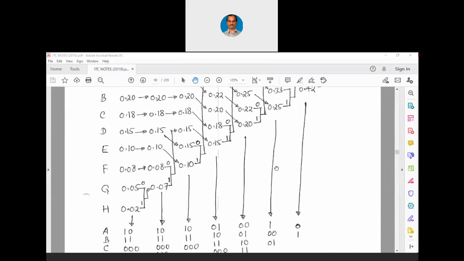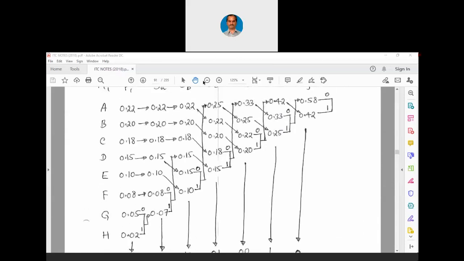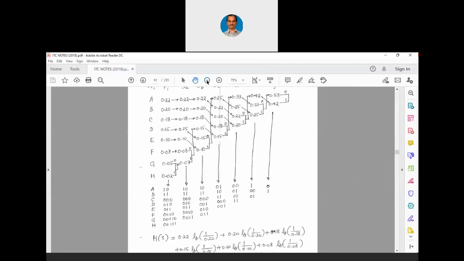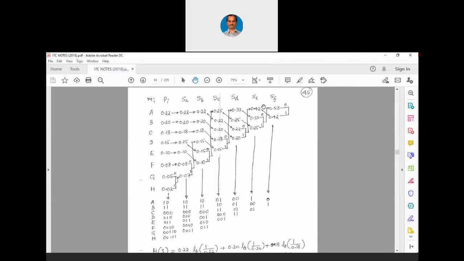Okay, if you have noted down the probability, I will slightly zoom this. Yeah. Now you can see the probability also, you can see the codes also. Quickly compute H of S, quickly compute L, and tell me the efficiency. Put the answer in the chat box.